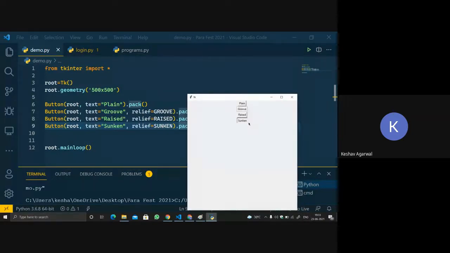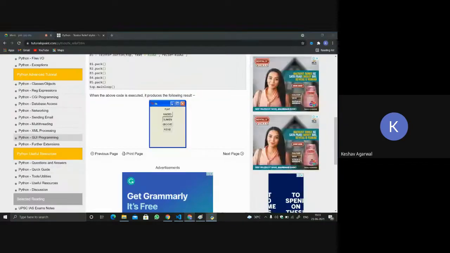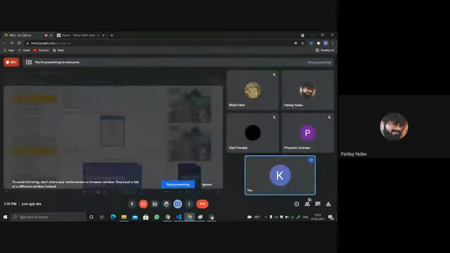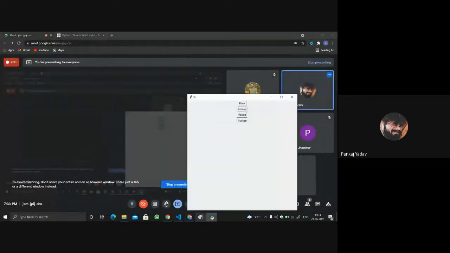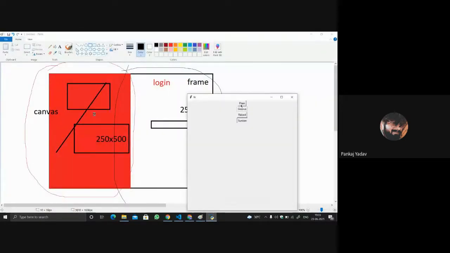Is it visible to everybody? See, the plain and the raised are the same, so we can say that the default is raised for a button.